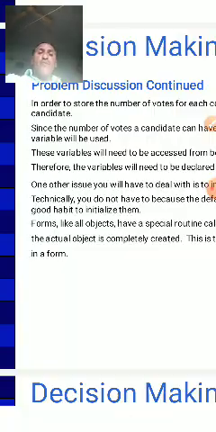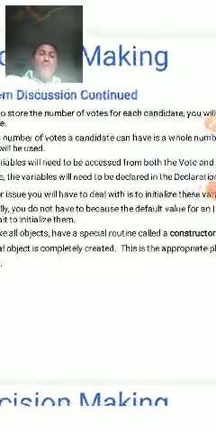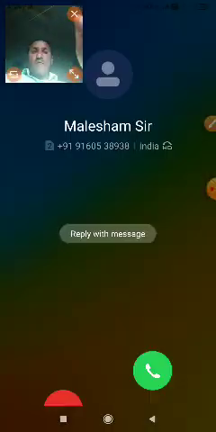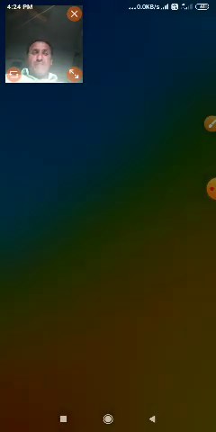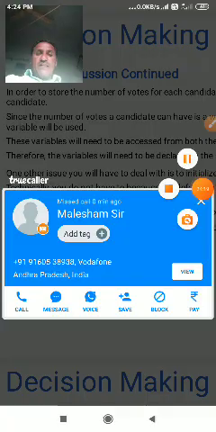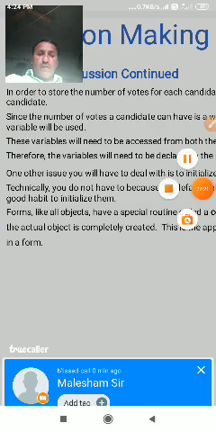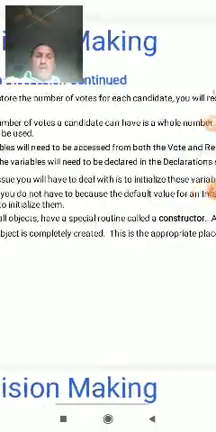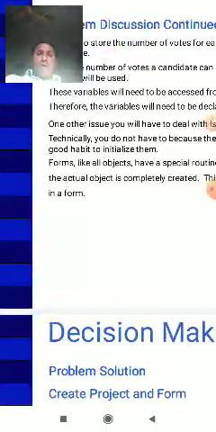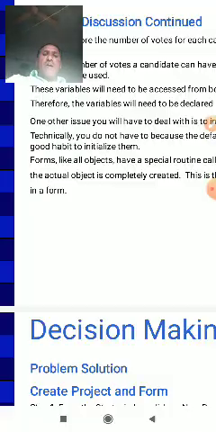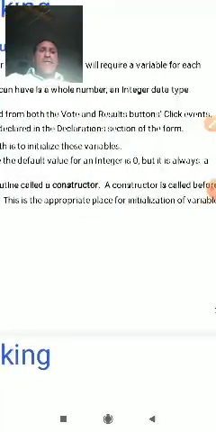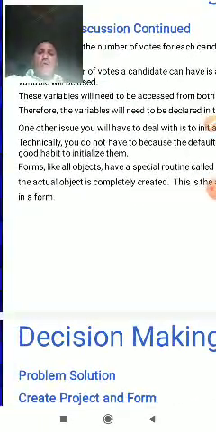Another issue is the initialization of the variables. Technically you do not have to, because the default value for an integer is 0, but it is always a good habit to initialize them.